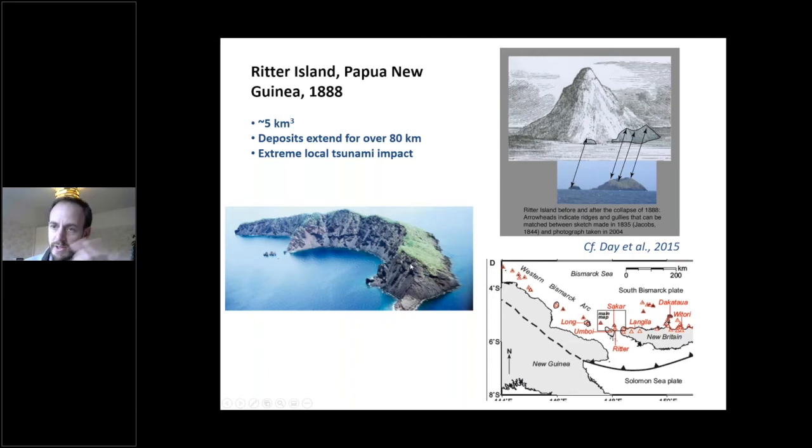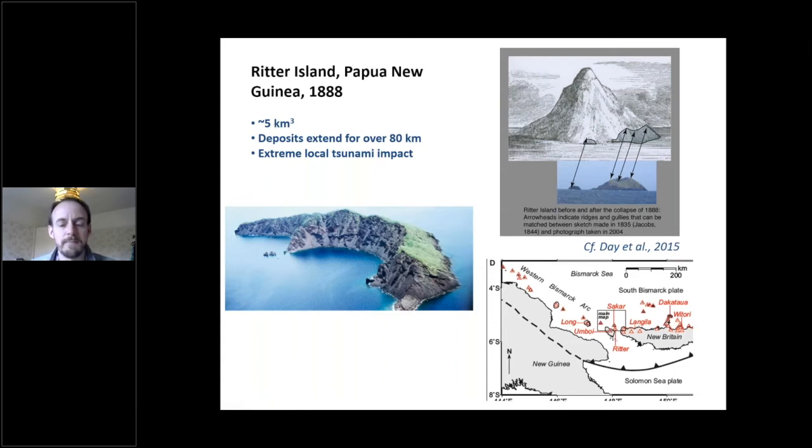But as you saw on that earlier image, that bathymetric map, this is just the peak of a much bigger submarine volcanic structure. Now, this collapse was around maybe as much as 5 cubic kilometers, maybe a bit less than that. But nevertheless, that makes it around the size of the Mount St. Helens failure to perhaps slightly larger, and perhaps up to around 10 times the volume of the Anak Krakatau collapse